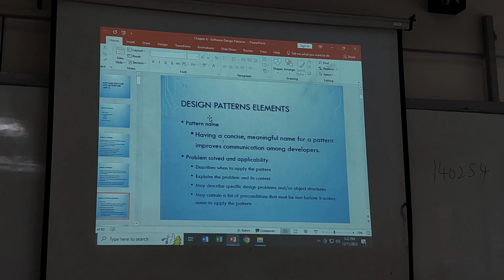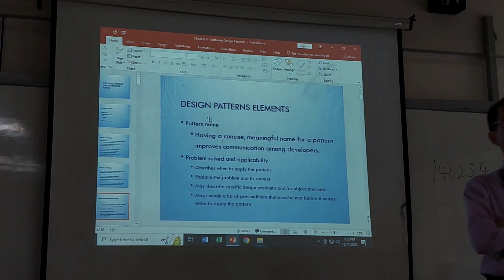Design pattern. We cannot just draw a diagram to show the design pattern. We need to have certain documentation or record to describe the design pattern. So therefore,